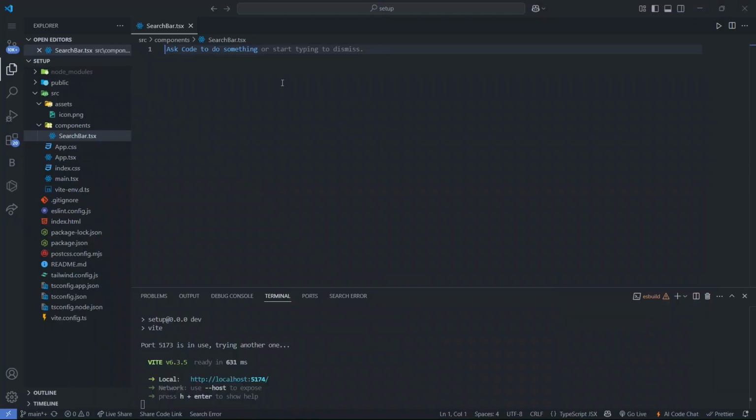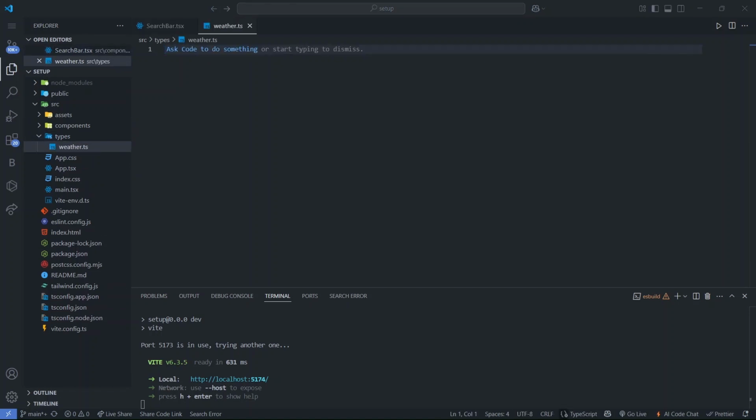So first of all we will create our types. We are using TypeScript, so we have to make the types for our project. So in the src folder we have to create a new folder, types, and in this types folder we have to create a new file like weather.ts. Here we will define the types of our project. So first of all we will create an interface,